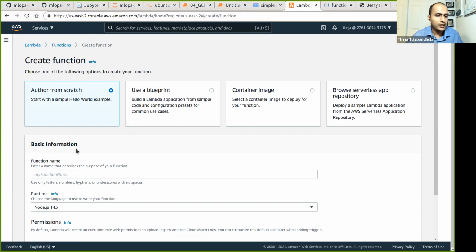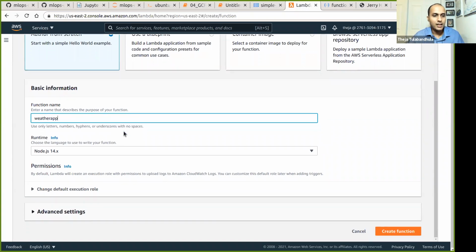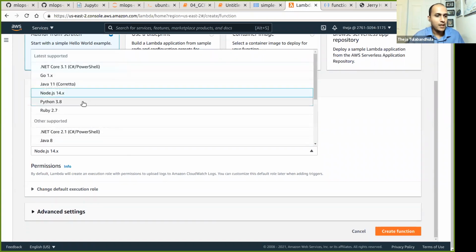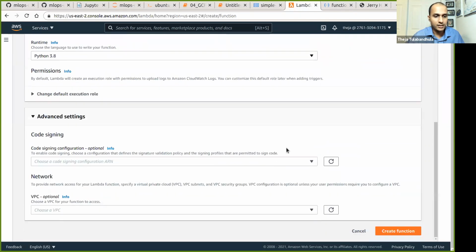Let's just call it weather app, and we'll use Python 3.8. That's pretty much it. Let's see if we need to do anything in the advanced part. Nothing. And then create function.